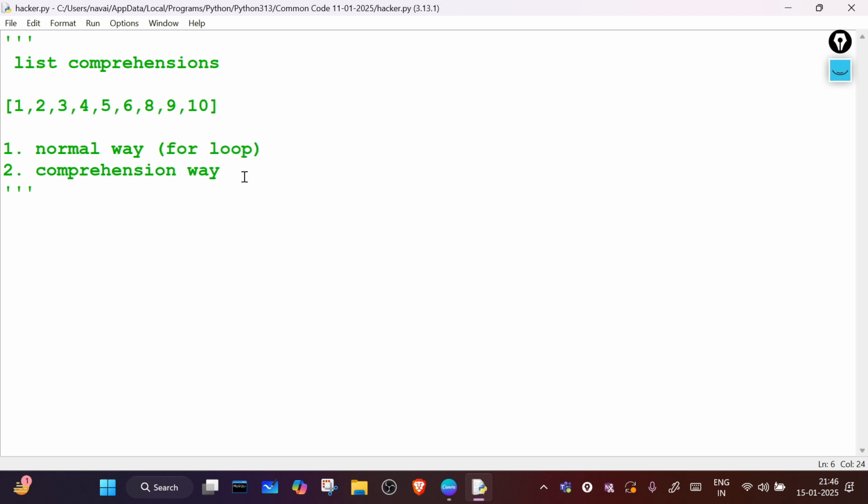With the help of a for loop we can create this list. So how will we create it? Let's see. First, we will create one list, L1, and this is an empty list, no element is there. So we will write here for